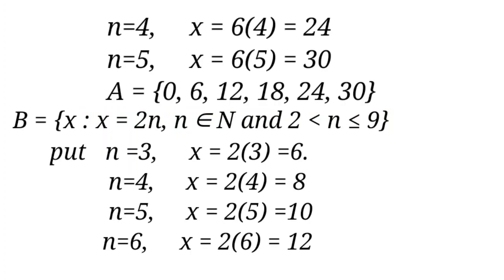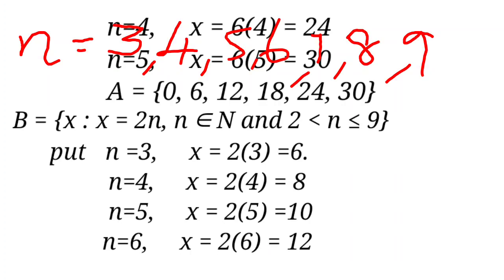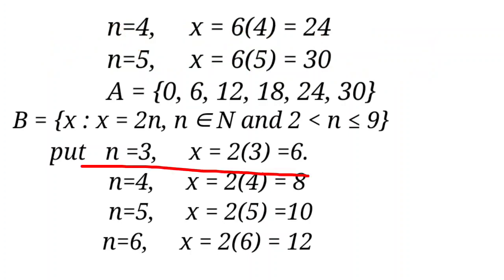Then B is equal to {x such that x is equal to 2n, n belongs to N and 2 less than n less than or equal to 9}. Here n is equal to 3, 4, 5, 6, 7, 8, 9. Put n is equal to 3, then x is equal to 2 into 3, we get 6. Put n is equal to 4,